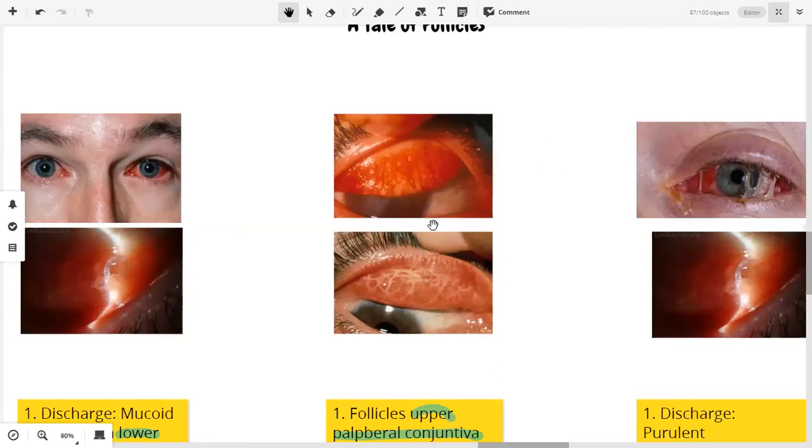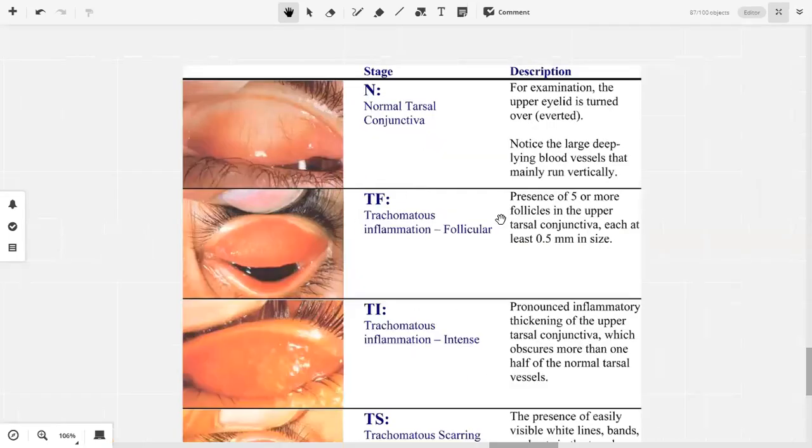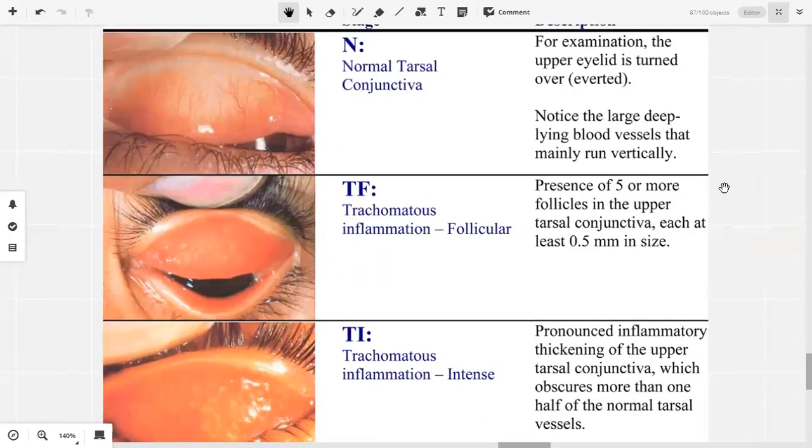The patient can present with other signs as well. What are those signs? Here they are. Our first stage, FISTO is a staging system, a classification system, right? So the first is trachomatous inflammation follicular. You have to remember this. Follicular means that there will be presence of 5 or more follicles in the upper tarsal conjunctiva. This is the important thing which you have to remember: presence of upper tarsal conjunctival follicles, because this is more or less pathognomonic.